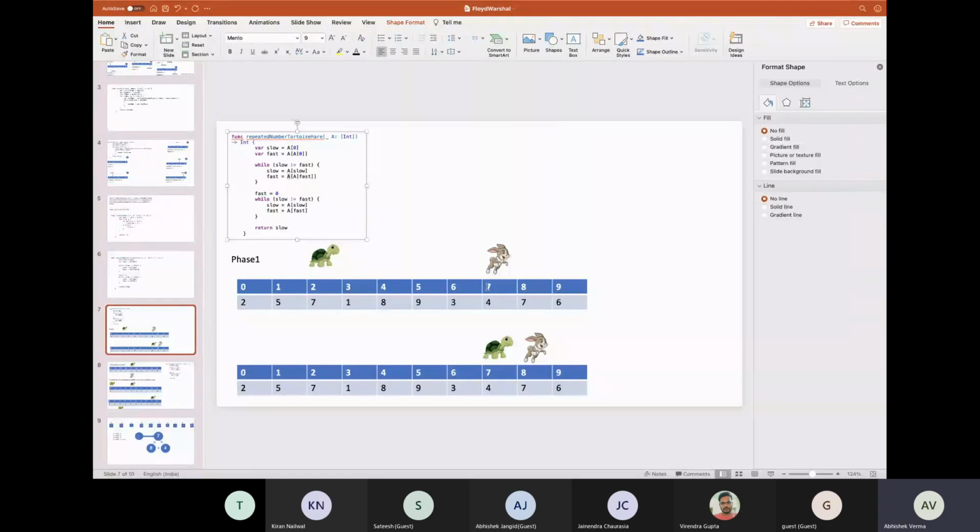Right now it is at 7, so it moved first to 4, and then again from 4, the value at 4 is 8, so it moved to position 8. Now my slow is at 7 and fast is at 8. Again I check whether slow and fast are the same. No, it's not the same.